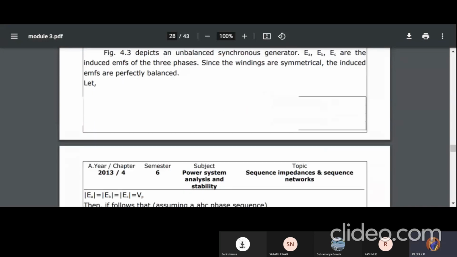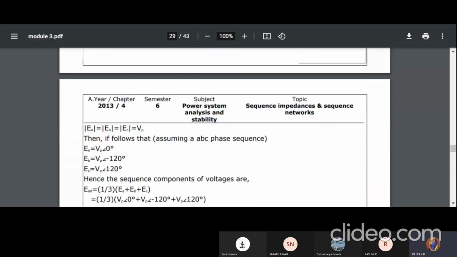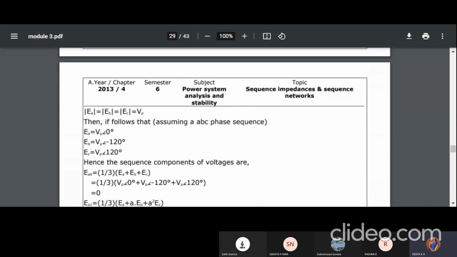You guys are writing it right. First take down this. Assuming all symmetrical components, your value of EA is equal to EB is equal to EC. So this can be written as VP. Now for the substitution purpose, when I say negative sequence, positive sequence or zero sequence, your equation will be EA equals 1 by 3 into (VA plus VB plus VC). But VA, VB, VC have different values, so they have to be determined. How can we do that? Same as the first derivation itself. EA, of course, does not vary with any angle. You are going to write it as VP at an angle of 0 degree.